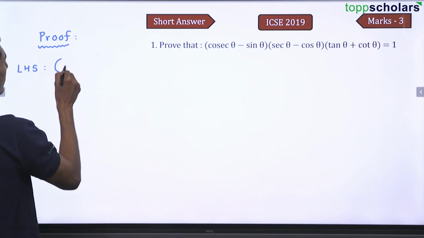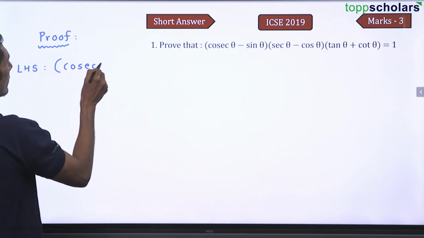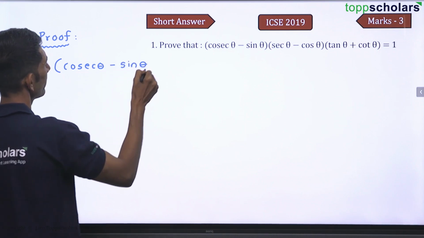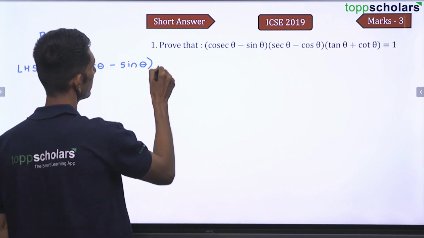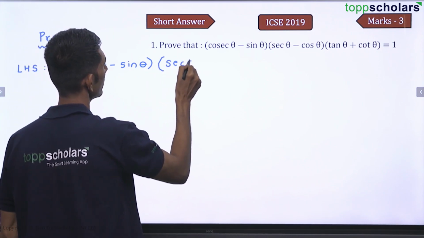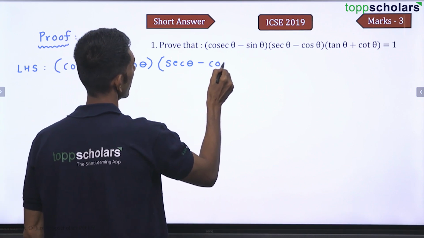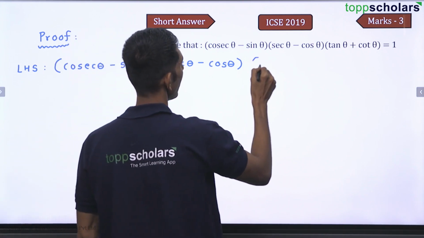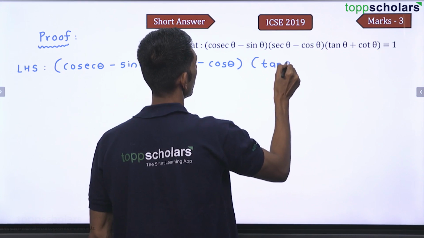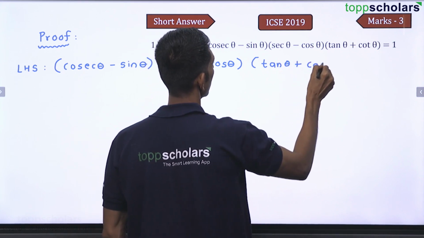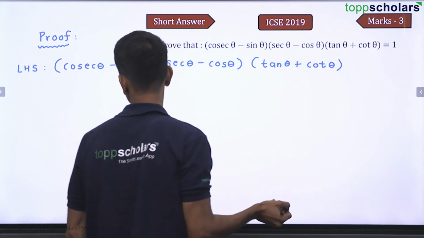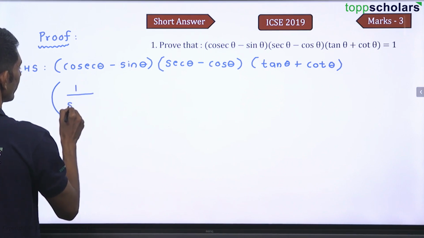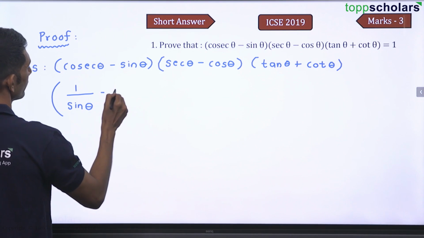So the LHS is cosec theta minus sin theta, then sec theta minus cos theta, and then you have tan theta plus cot theta. Cosec theta can be written as 1 by sin theta, because cosec and sin are reciprocal of each other. This is minus sin theta,